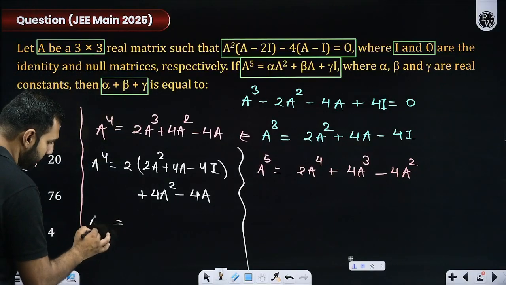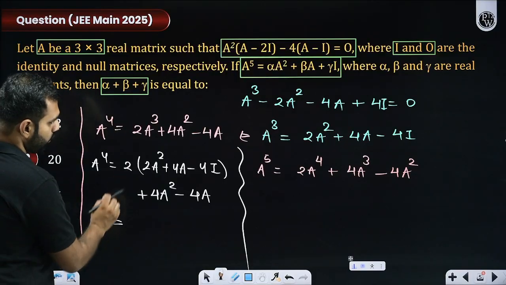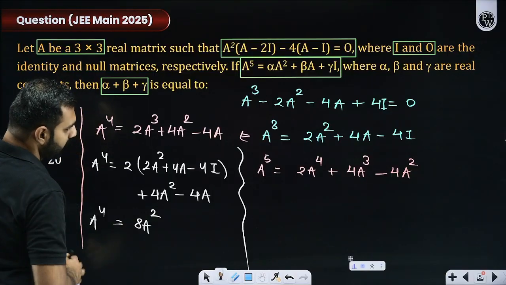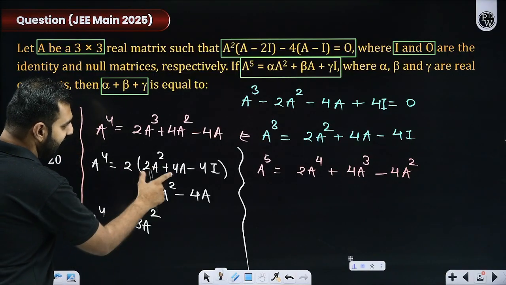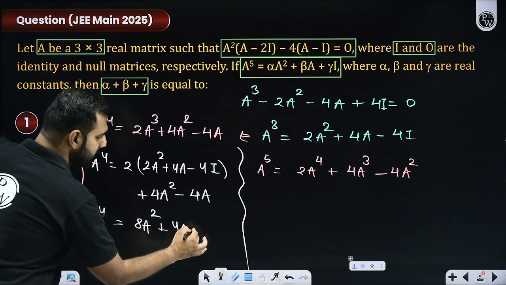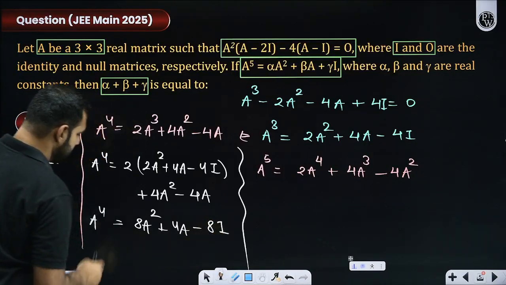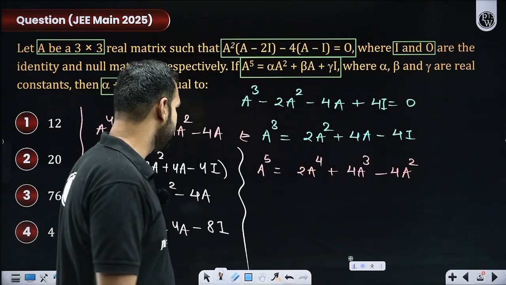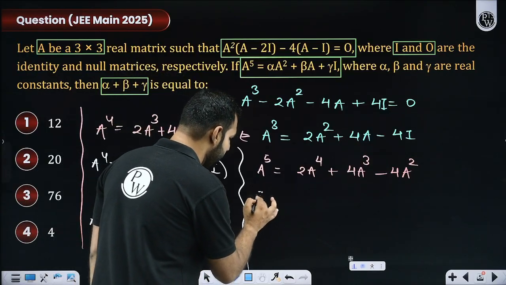Sir, we get a to the power 4 as 2 into 2, 4a square plus 4a square, that is 8a square. Yes or no? Then pay attention to this. 2 into 4, 8a minus 4a, that is plus 4a. Then of course 2 into 4, that is minus 8i. So that is a to the power 4 in terms of a square. Got my point, everyone? So there, when I'm willing to write a to the power 5, will I not be